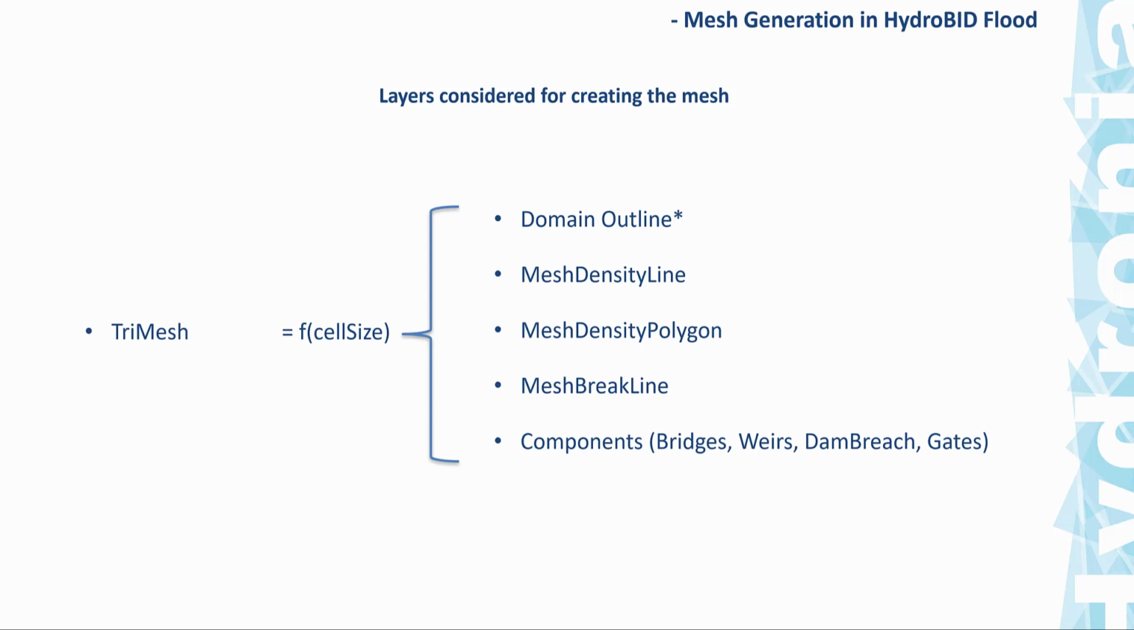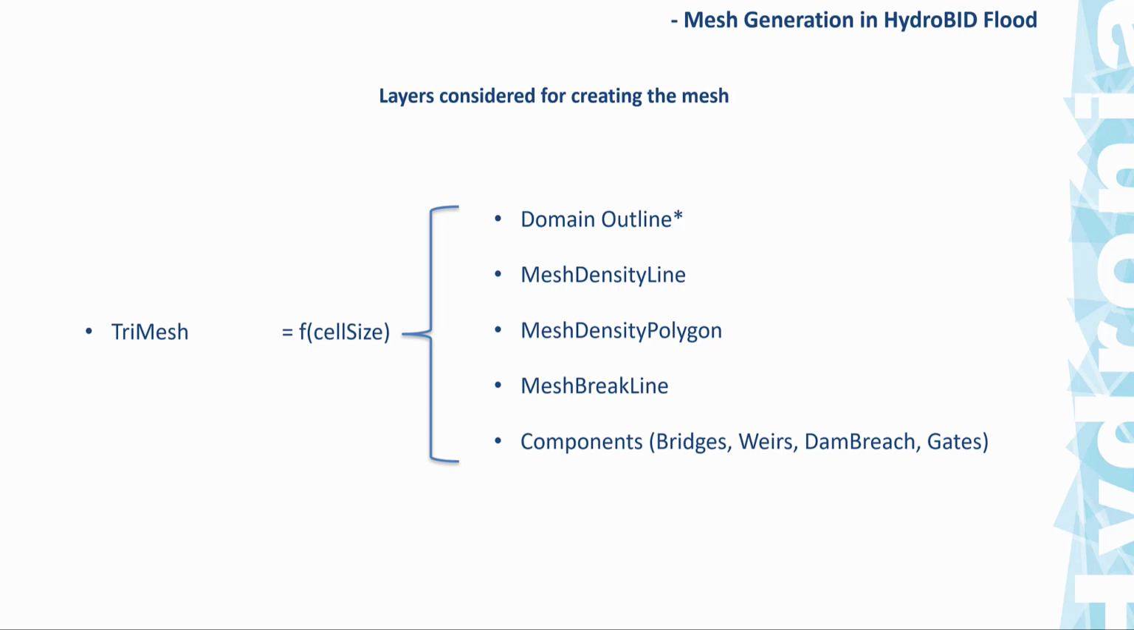So the layers that the model utilizes to create the mesh are essentially two groups. One is the domain outline group, where you can have multiple polygons there, the mesh density line, mesh density polygon, and mesh break line, which are modifiers. And then we have the components. The components are based also on break lines, and they include break lines to define the alignment of bridges, weirs,